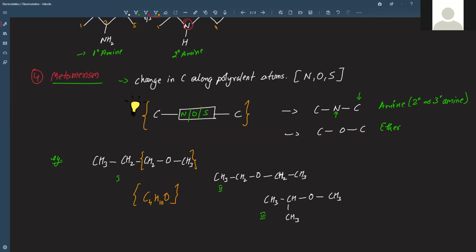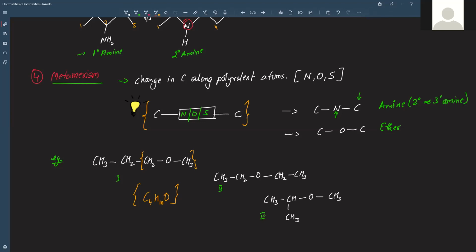Now let us move to the next topic. Before that, whatever we have studied till now: in chain isomers, the main chain or the side chain will differ in position of the functional group or the multiple bond or the substituents will be different. Then coming to the functional isomers, we have already seen that the functional group will be different. In metamers, there will be hetero elements, that is C, N and C.